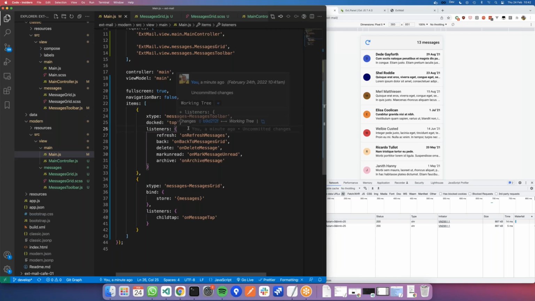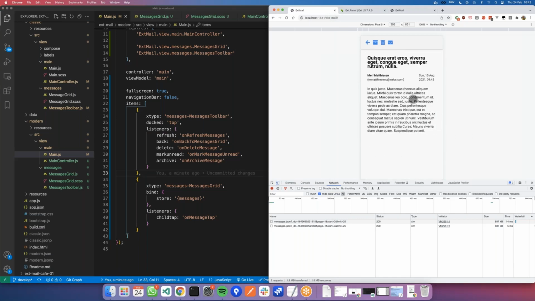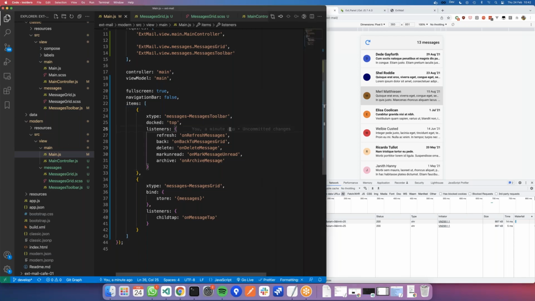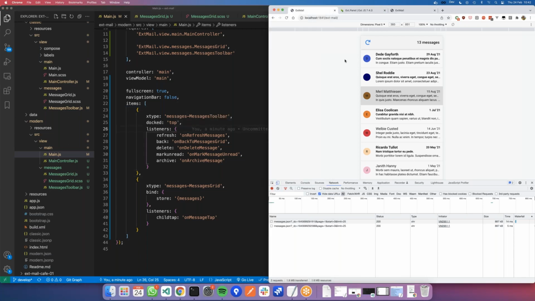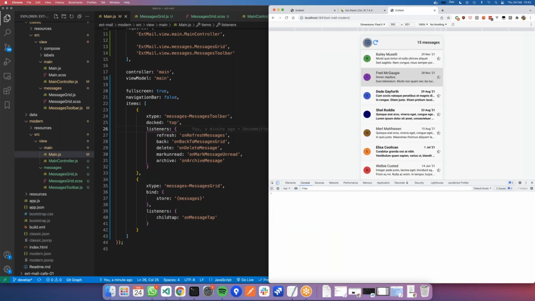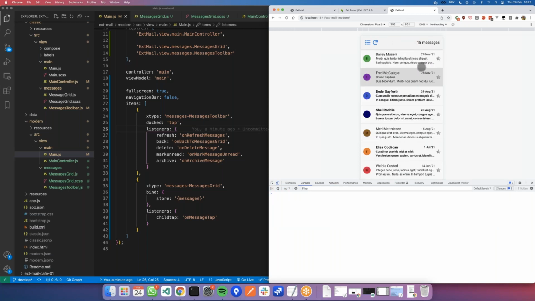So that gets us very far along, I think. We've got our messages grid. We can view the different messages, and we can trigger our actions and navigate between them, which I think is probably a good place to stop. And next week, what we'll do is we will set up the tree view to show our labels, and we will talk about the